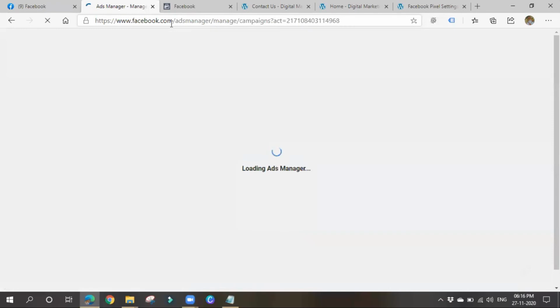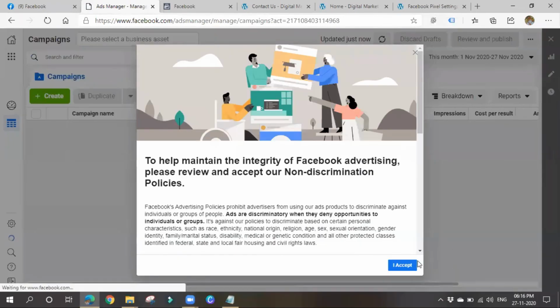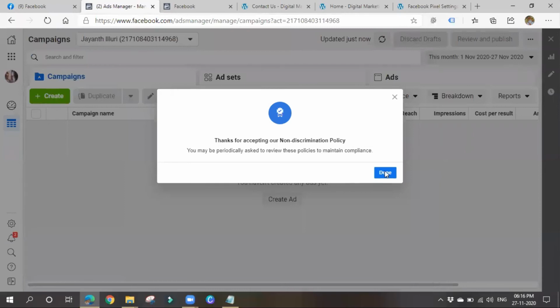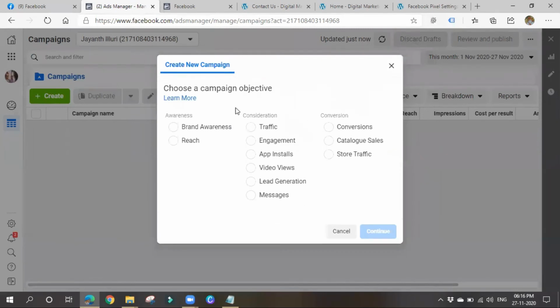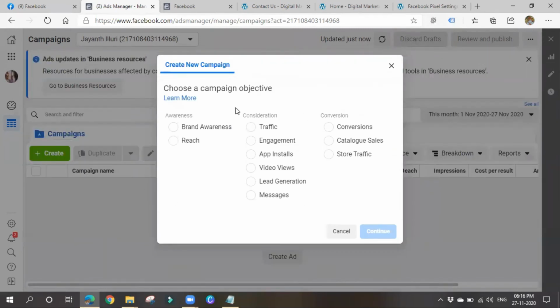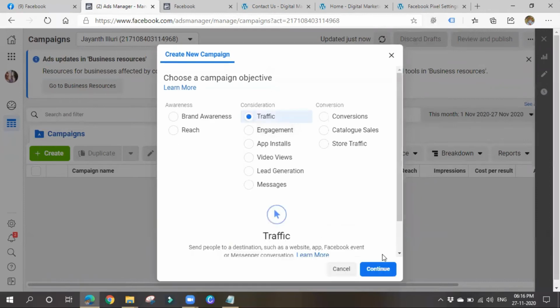Right, it's loading. Now let's go and create a campaign. Whatever campaign objective it may be, you can choose. I'm choosing traffic.